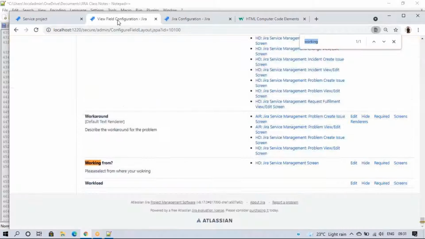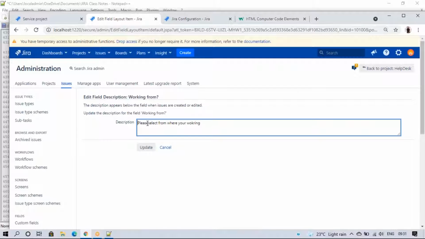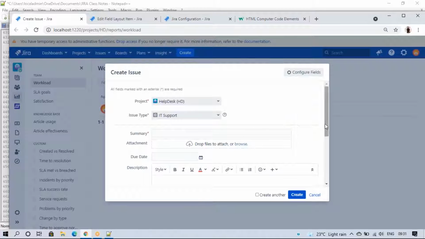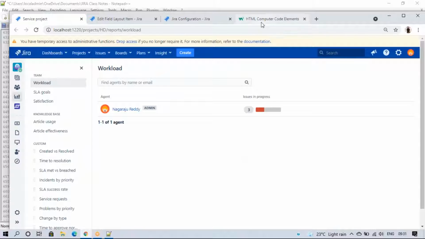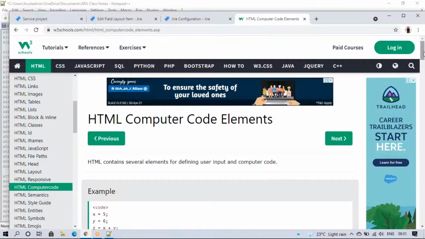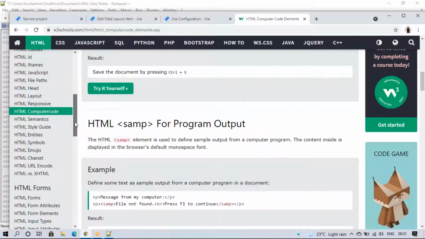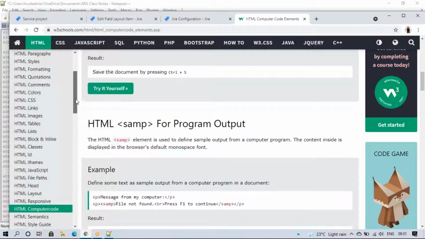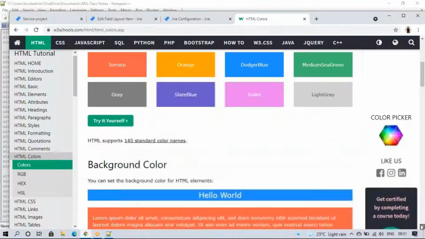And next I will do one thing. I will add HTML code. Okay, so I don't want, see, it is not visible correctly. It is very light information I can see, but I need a red color or a different color. So we have HTML code or CSS code, you can write anything. I'll mention some color here.